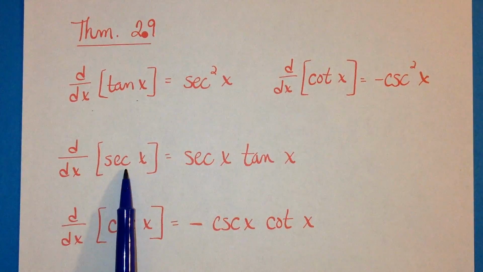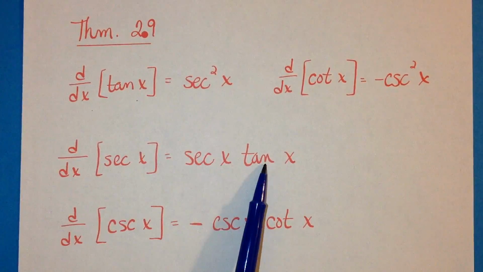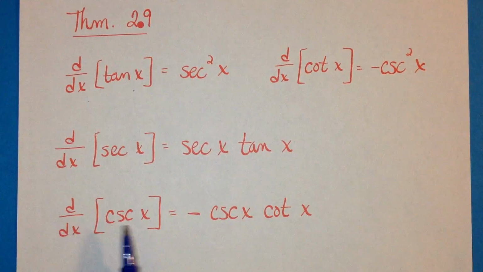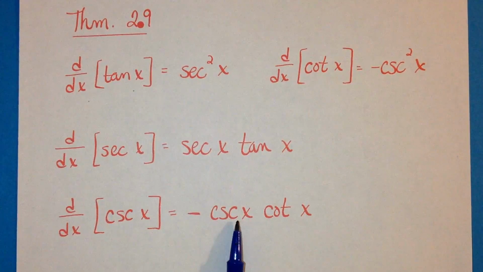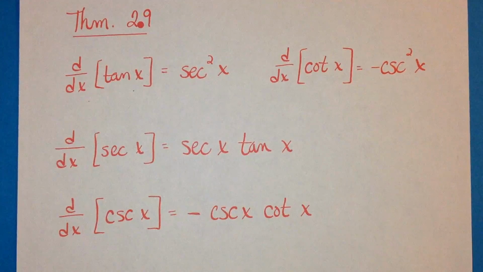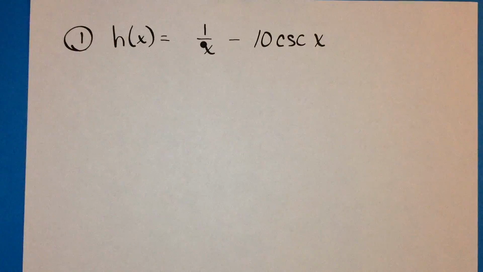The derivative of secant is secant times tangent. The derivative of cosecant is negative cosecant times cotangent. So you'll just need to spend some time memorizing these. So looking at a couple of examples using these trig functions,